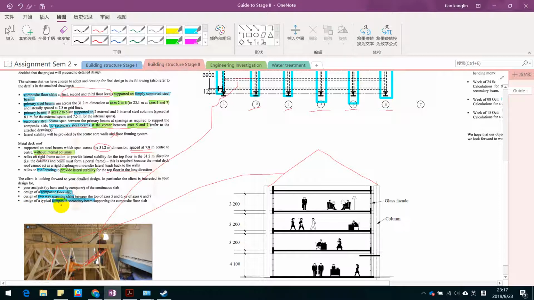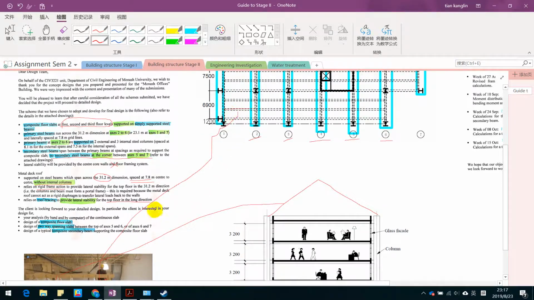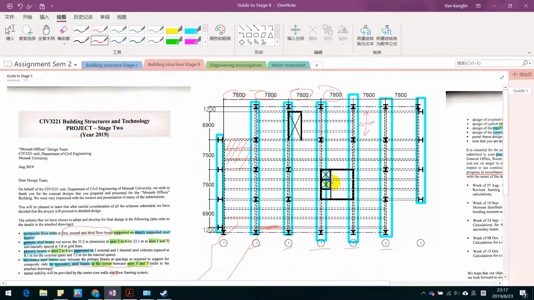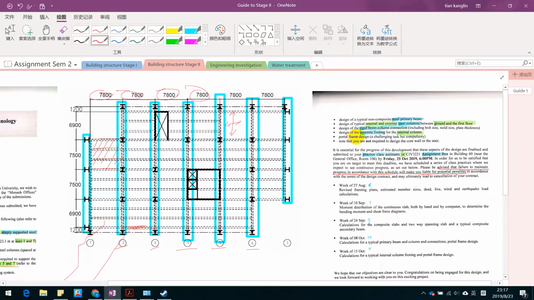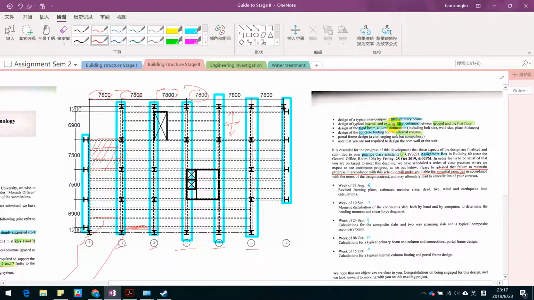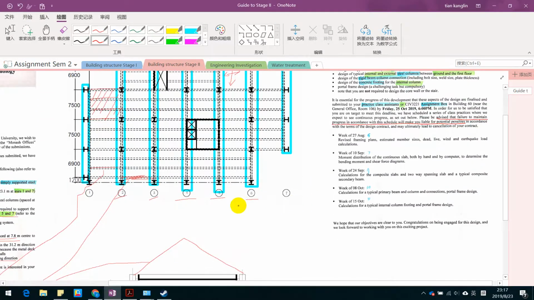And it's the design of typical composite secondary beams supporting the composite floor slab, and basically this is here, a secondary beam example. Okay. And also the design of typical non-composite steel primary beam. So because the